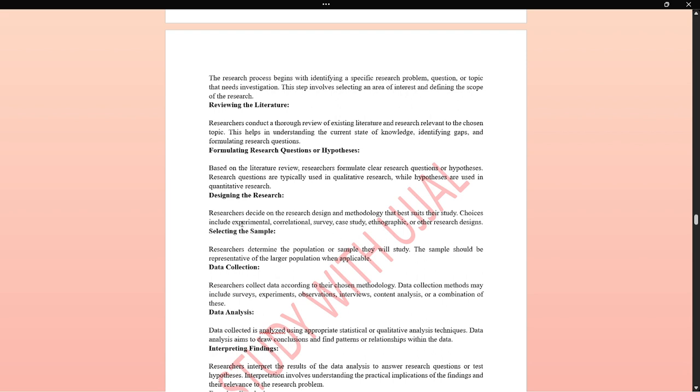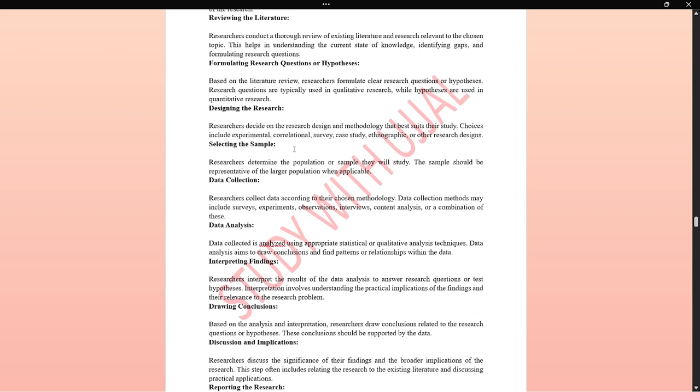Designing your research: if you want to do experimental research to test new drugs, and the research question is why these people are mostly influenced, then you can go to qualitative research or survey research. Now selecting the sample: from how many people you are going to collect the data and information. From the participants, the young generation you have found, you are going there and taking interviews or observing. Okay, this thing you can do.